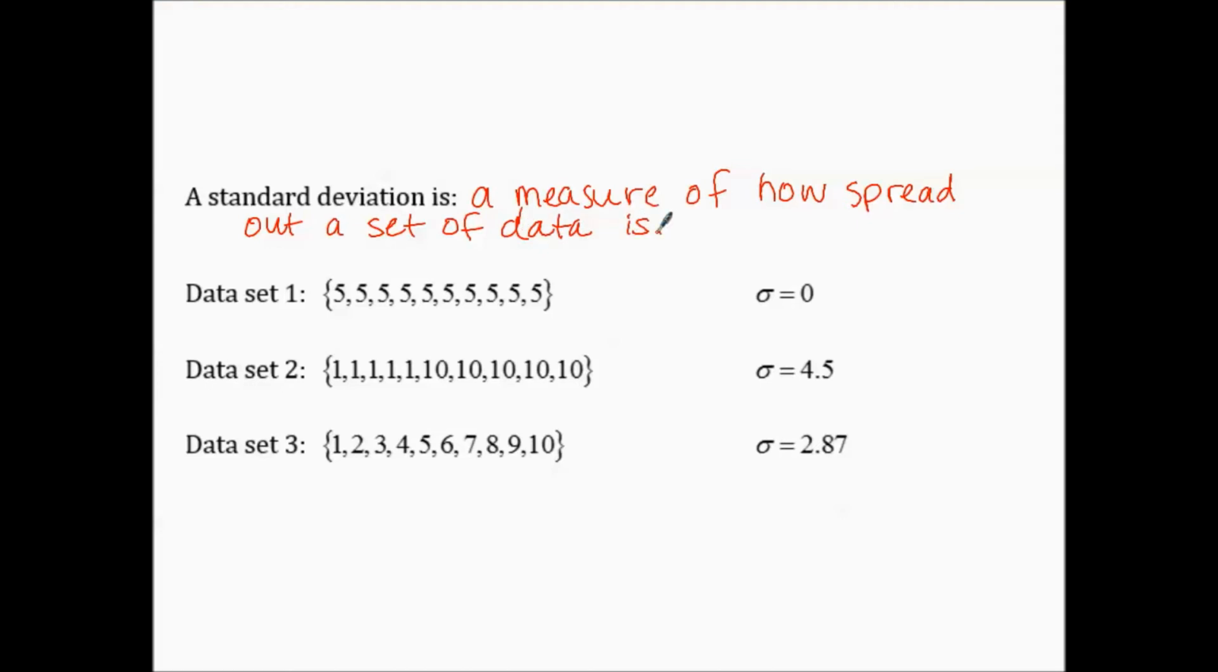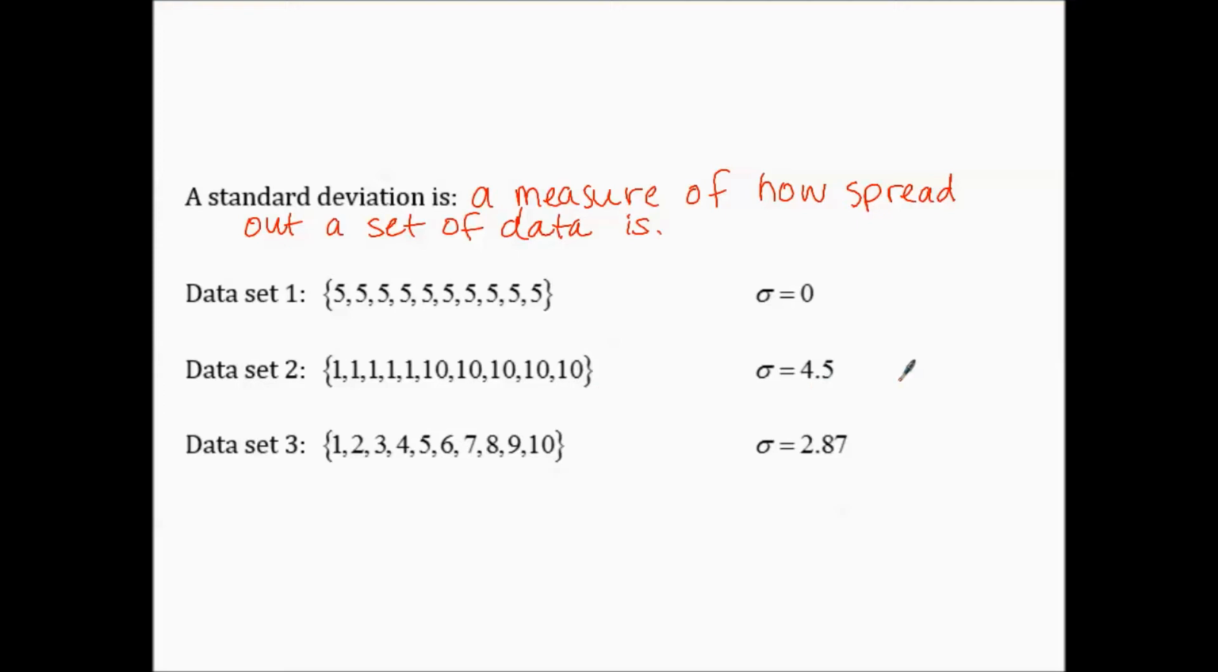So here we have three examples. In this first data set, it is all the same number, and that data set has a standard deviation of 0. This means that it's not spread out at all. It's all the same. Our second data set, that is ones and tens, has a standard deviation of 4.5, which